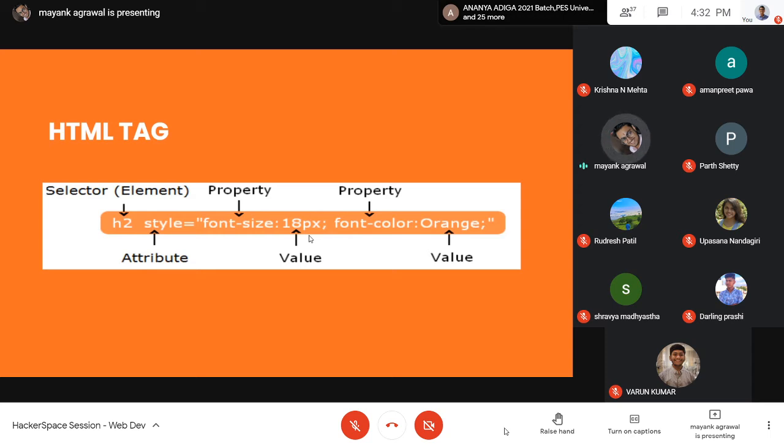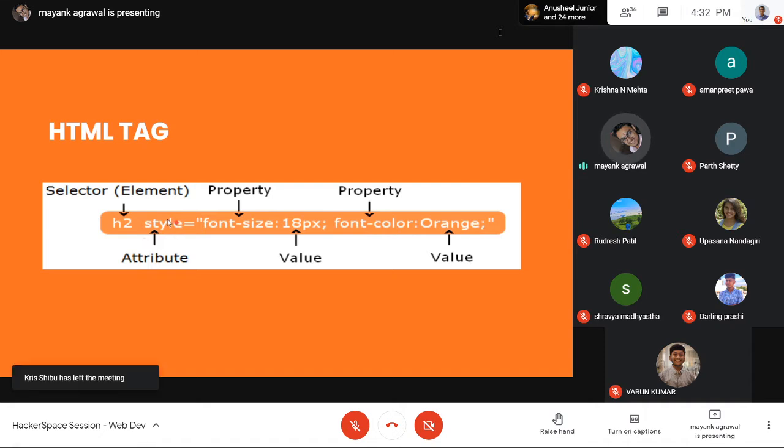So that's the work of an attribute. You'll notice that in HTML there is a common syntax: every attribute should be in a name equals to inverted commas value pair. That means the attribute has a name, like style, then it is equal to, then inverted commas, and then the value. So this entire thing from here to here is the value of this attribute. Almost all HTML tags have some attribute to them.